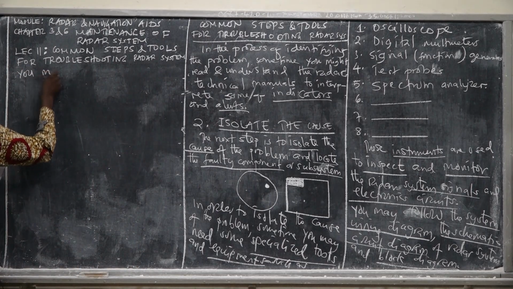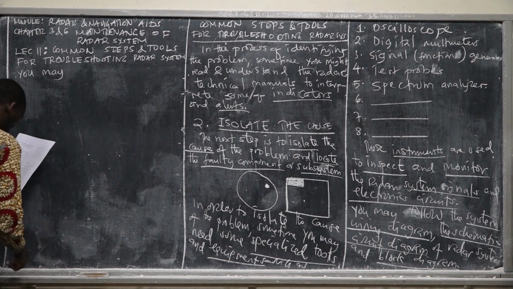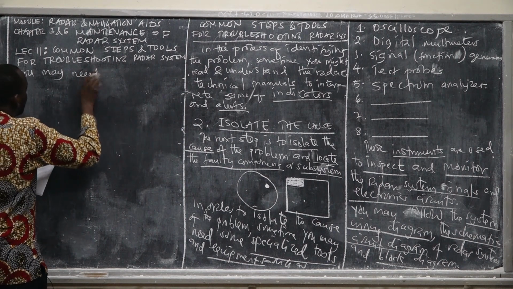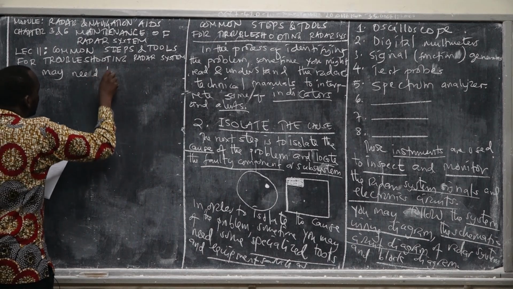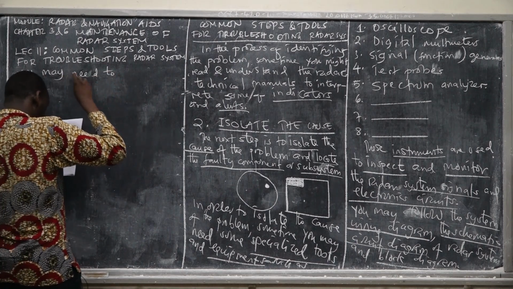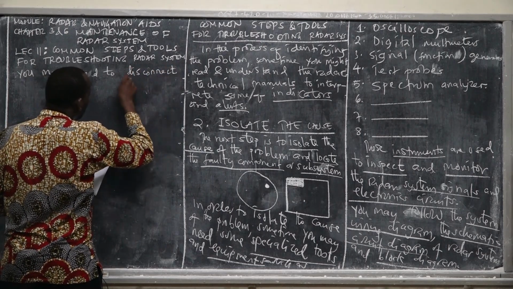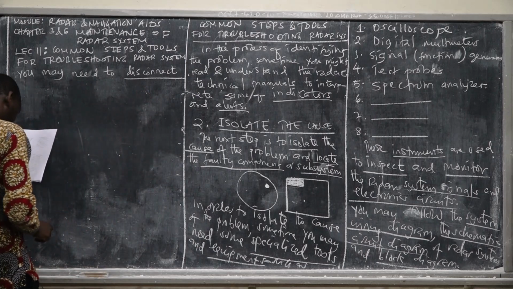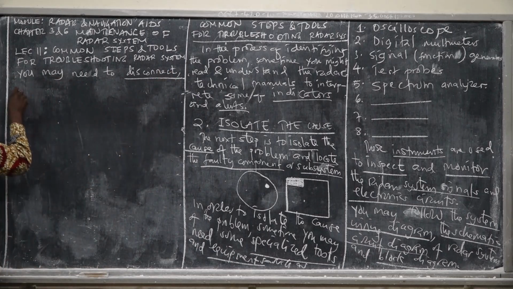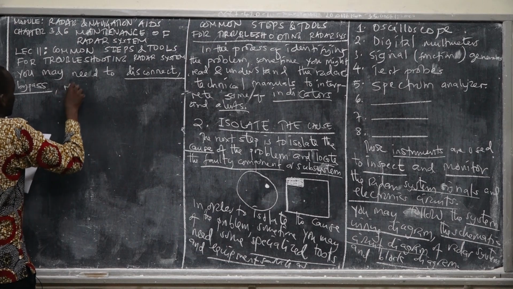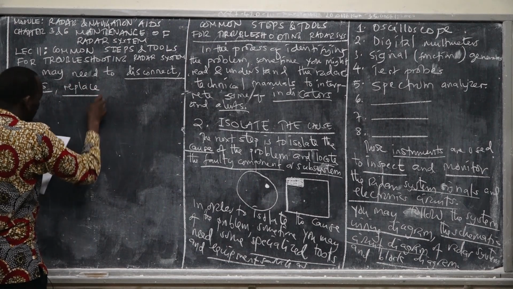Then you may need something to isolate. This is one of the challenging steps. You may need to isolate, you may need to disconnect, or you may need to bypass, or you may need to replace